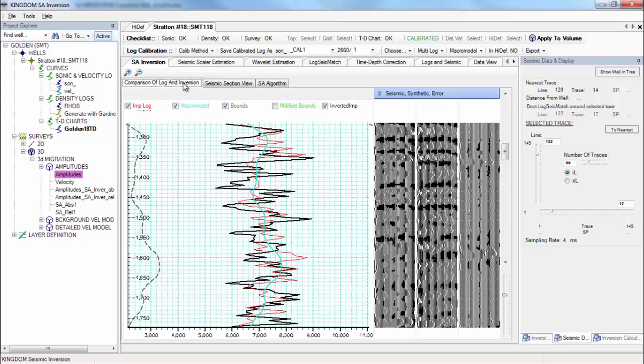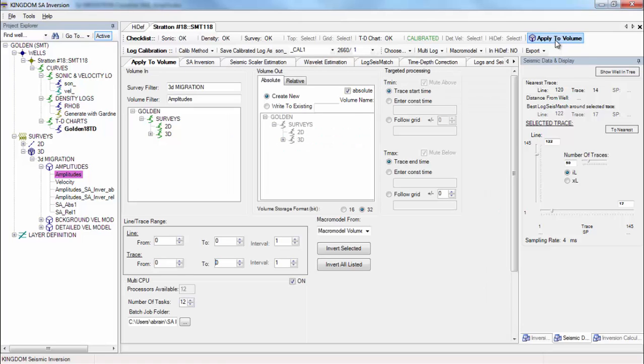We've spent time adjusting the inversion parameters and are now in a position to generate the velocity volume. Just like coloured inversion, the Apply to Volume tab becomes available when you have everything ready. We select our input volume in the left-hand tree. Here we're just processing the 3D migration survey amplitudes volume, and we can create volumes for absolute and relative acoustic impedance. I will call it demo abs AI,